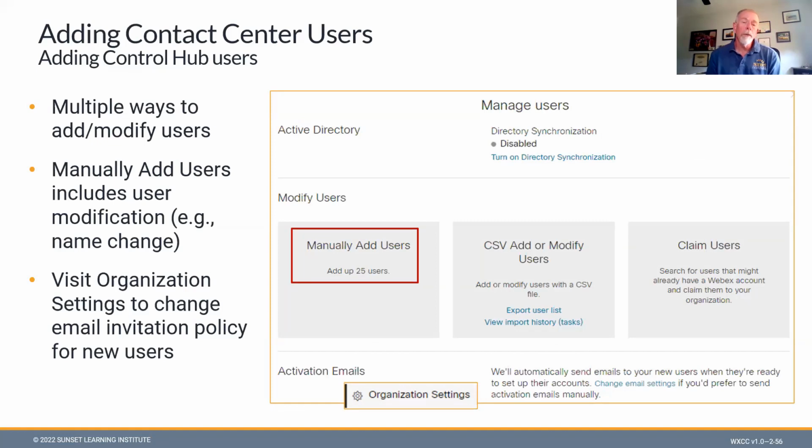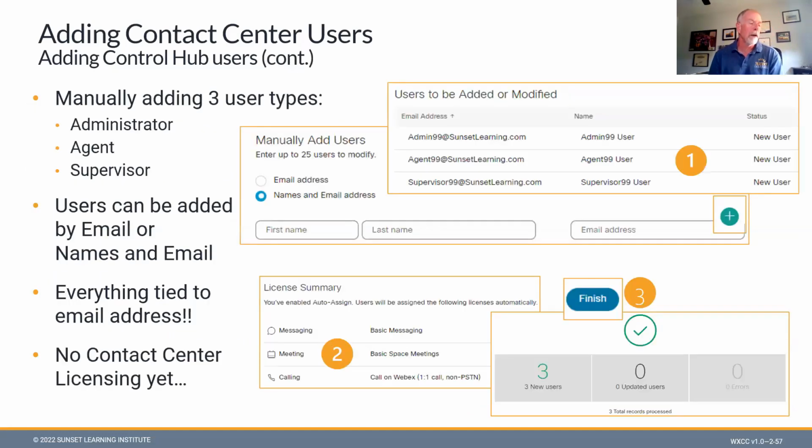In the control hub itself, we've got a couple of ways to add users. We can manually add users one by one. We can use some CSV, typical bulk import for users. We've got, of course, API functionality we can use. We can go out and claim users. We can enable LDAP and directory synchronization. So we've got a lot of different options we'll talk about. As we mentioned, we're trying to add 3 different user types: an administrator, some kind of agent, and a supervisor we're seeing here. So we've added all those in via basically the manual add method, putting in usernames and email